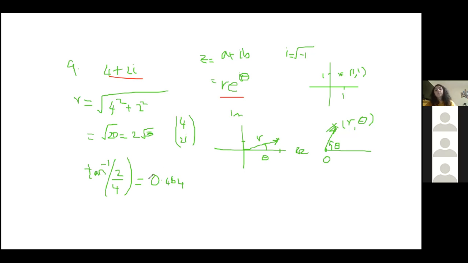One little thing to remember: in both examples, we came across inverse tan in the first quadrant. It's not always going to be in the first quadrant, so it's a good idea to draw it out and see in which quadrant the angle is going to lie. Because sometimes your vector could be like there, and then you work out this entire angle.